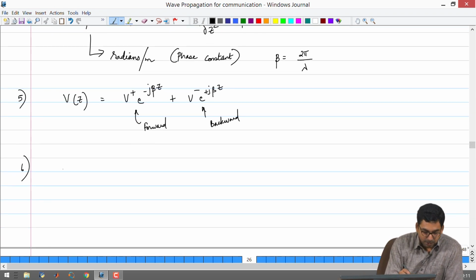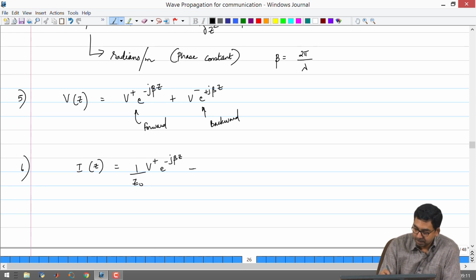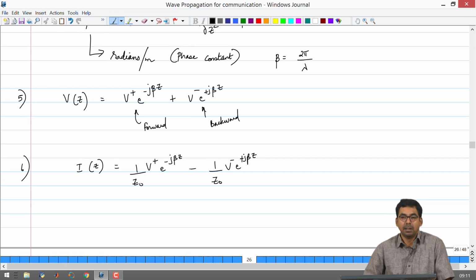One could also write down the currents, how they look like. So, if the characteristic impedance of the transmission line is Z₀, then we can just use Ohm's law and the knowledge that we already have from the previous lectures. Remember that for the backward wave, you will have a minus sign coming into the picture for the current, simply because we have discussed that the reflection coefficient for the current will be negative of the reflection coefficient of the voltage. So, some care has to be taken.